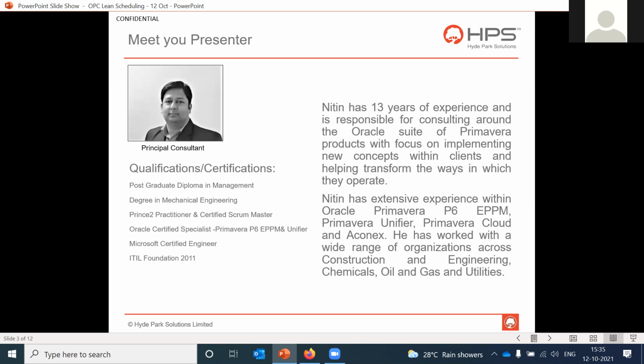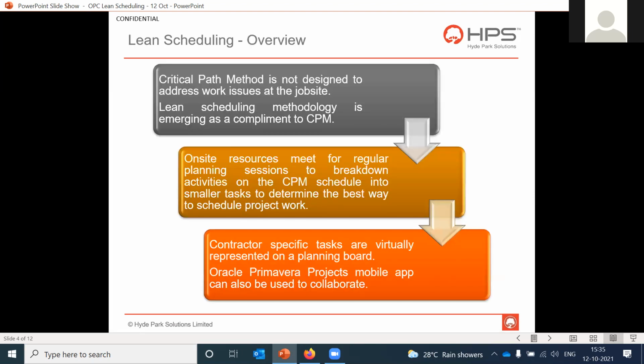So welcome everyone to today's lean scheduling session. The topic for today is lean scheduling. It's also known as task management in Primavera Cloud. So, a quick overview. I'm sure all of you are well aware of CPM, the critical path method. And we all know that to some extent it's not built to handle work issues at the job site. And here is where the lean scheduling methodology